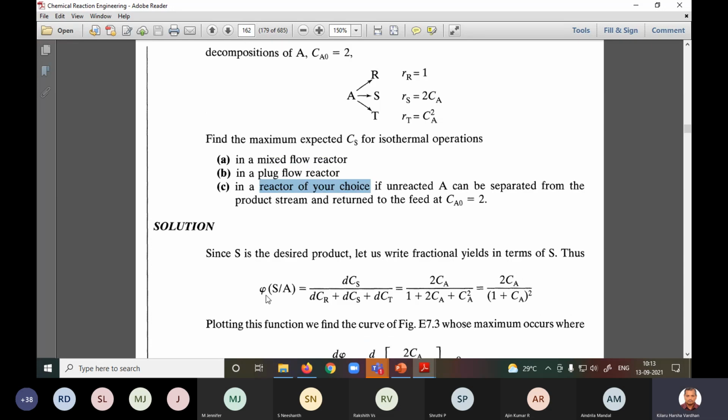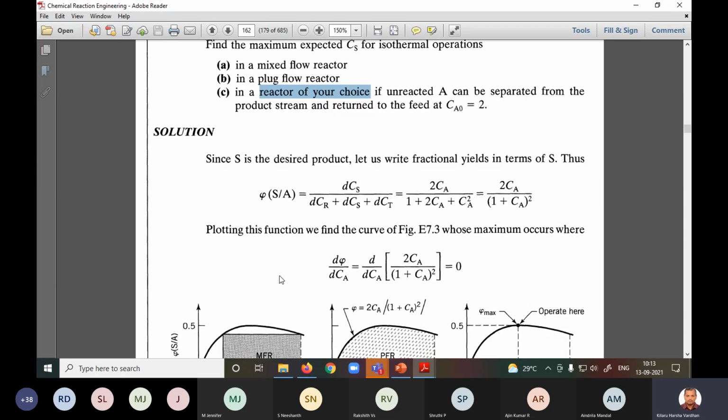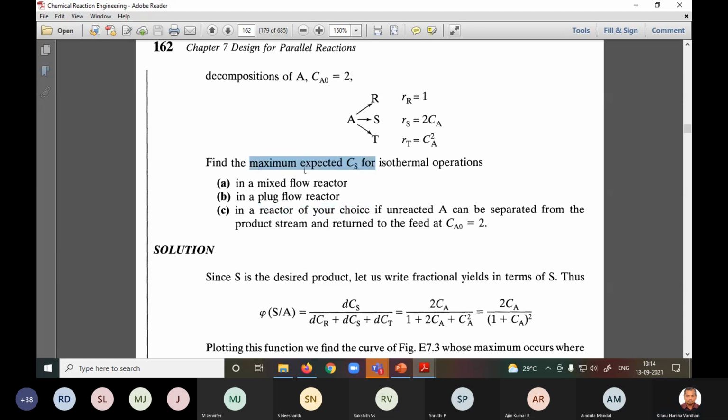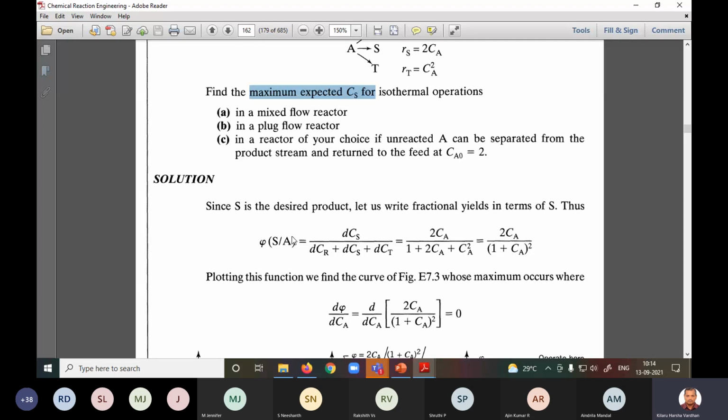So for this, first we need to calculate the psi, that is the instantaneous, and then we need to calculate its overall, right? So he's asking maximum. So how can you get the maximum? If you calculate the psi and then differentiate it and set it equal to 0, then you can get a maximum or a minimum. But how can you know it is a maximum? Then again you have to do the second differential and then substitute that value. Then if your value is negative, then it is a maximum. If it is positive, it is a minimum. That is just